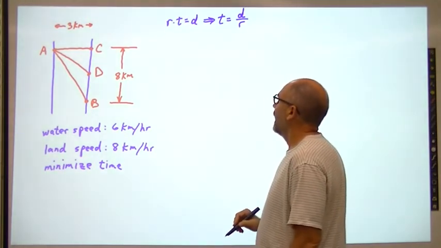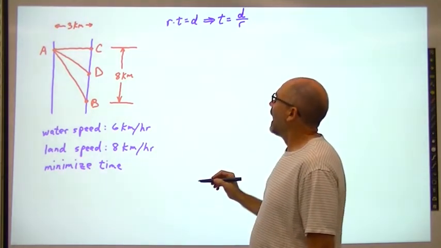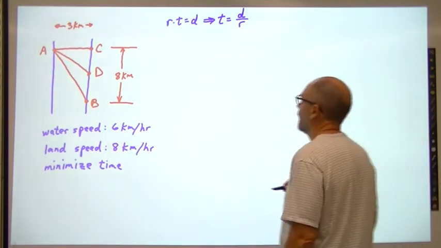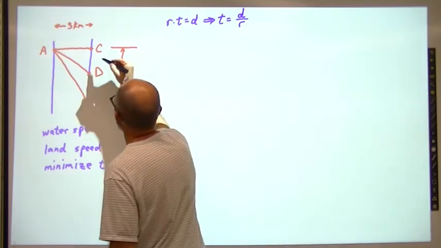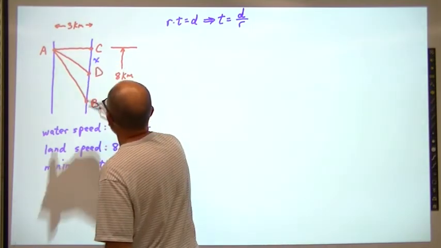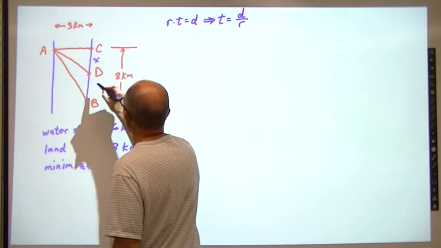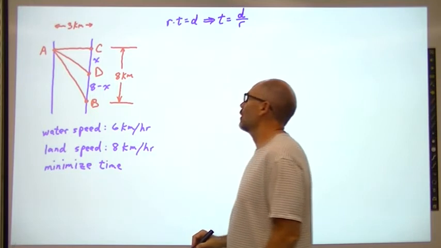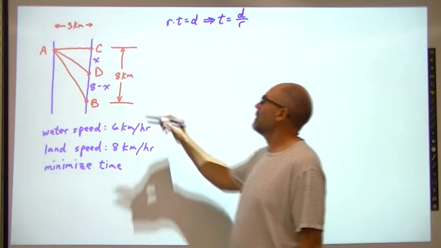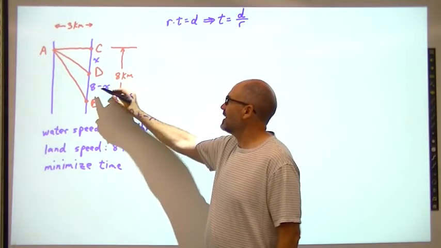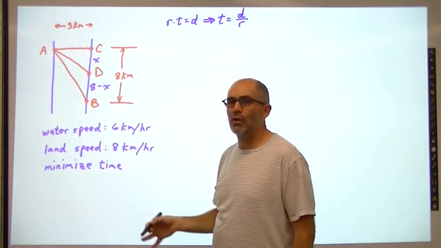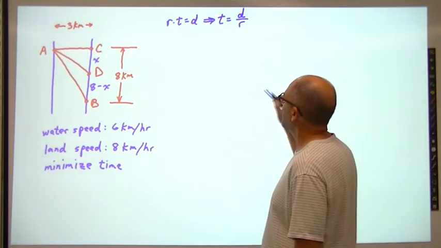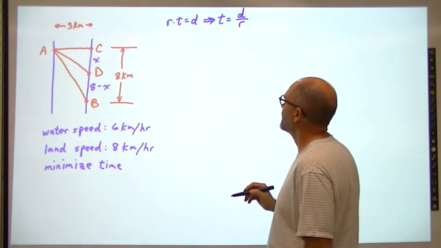Okay, so let's make the distance from C to D be x, and the distance from D to B is going to be the rest of the way to 8, which we'll call 8 minus x. So no matter what x is, if I add it to 8 minus x, I end up with a total of 8. Okay, so since time equals distance divided by rate,